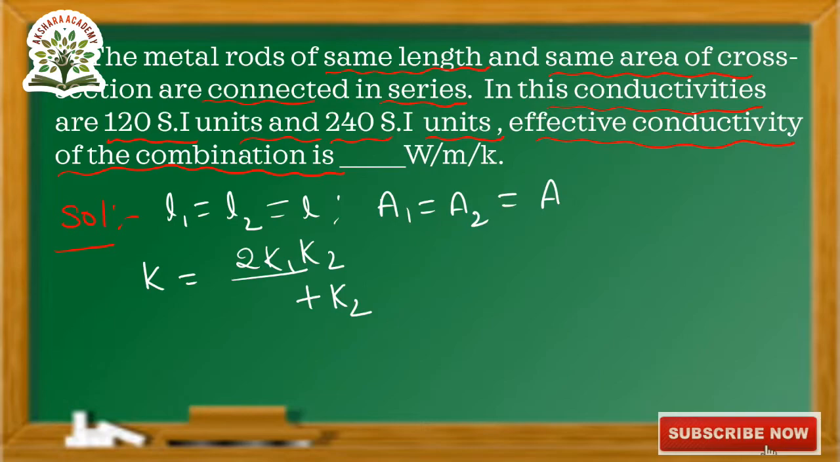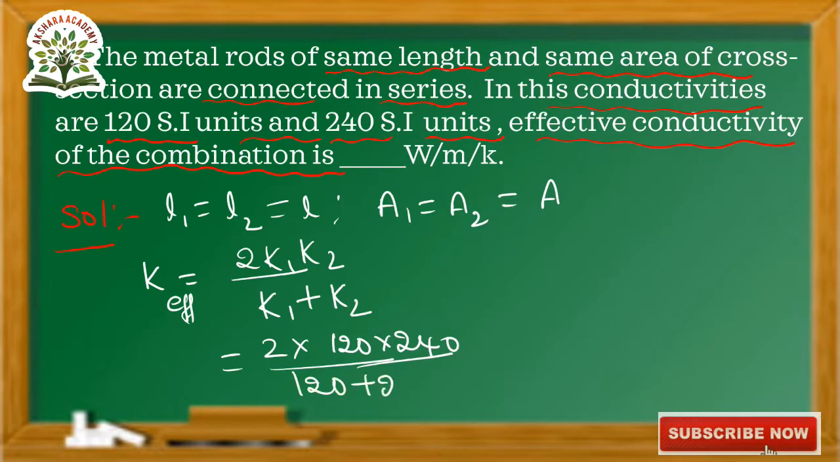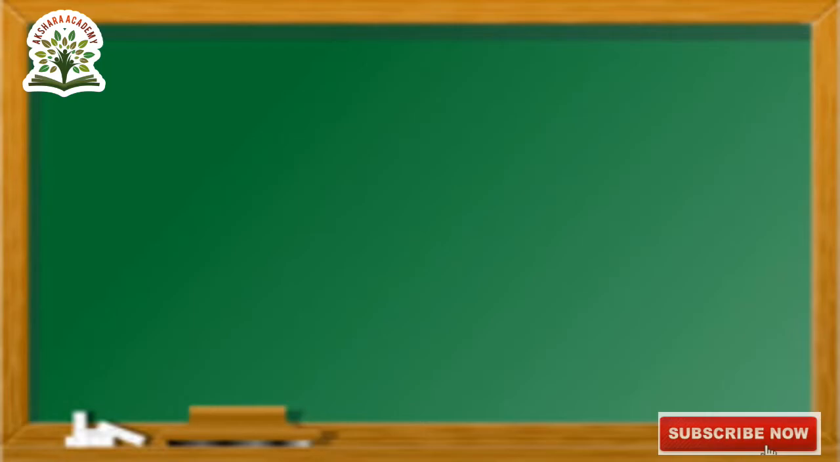K1 K2 by K1 plus K2. This is the effective conductivity when they are in series. Substituting values: 2 into K1 120, K2 240 by K1 plus K2, 120 plus 240. Next we will write K effective is equals to